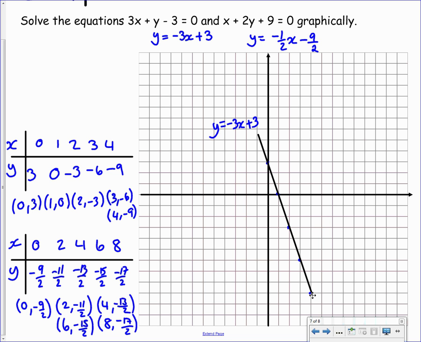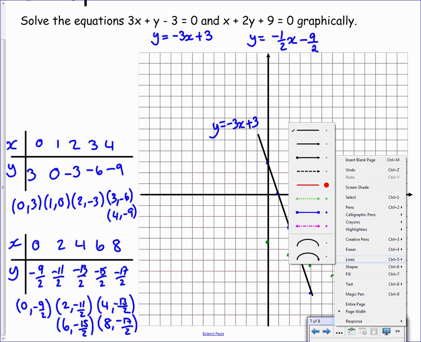And if we do the exact same for the second equation, so we've got 0, negative 9 over 2, so that's 0, negative 4 and a half. So that takes us to here. Then 2, negative 11 over 2, so that's negative 5.5, which is this one. Then 4, negative 13 and a half. So that will take us to here. And then we have 6, negative 15 and a half. And finally 8, negative 17 and a half. Okay, again 4 points that lie in a nice straight line. So if we insert our line again,